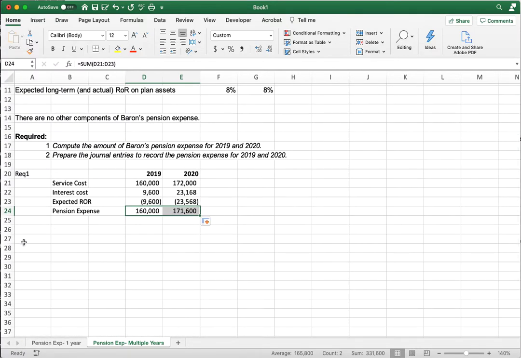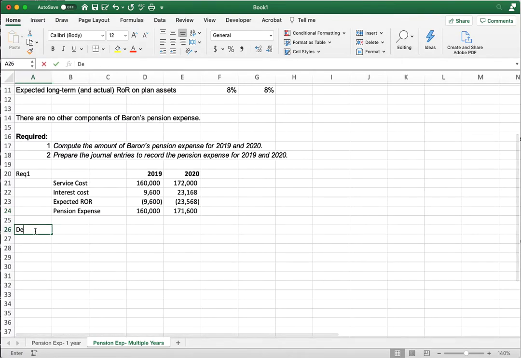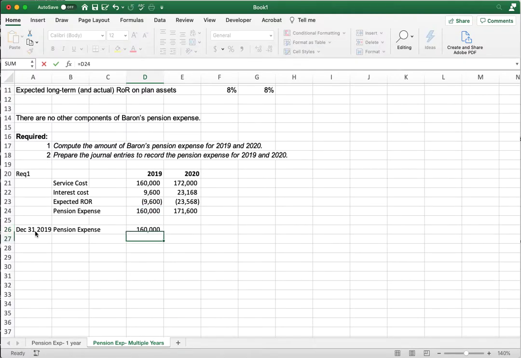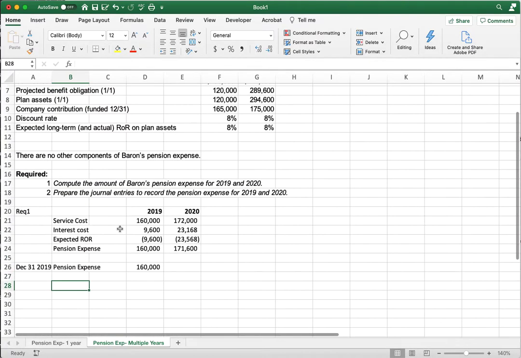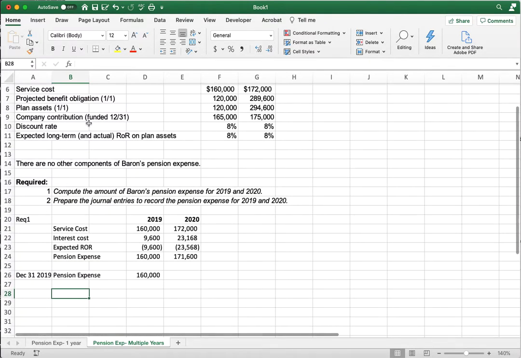So now we have the pension expense for 2019 and 2020, and we can prepare the journal entries for each year. So we'll do December 31st, 2019. Pension expense, we just calculated as 160. Then let's look up here. The company contributed $165, and so we're going to have a $5,000 difference that will be a debit difference,